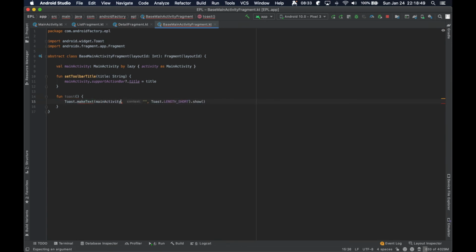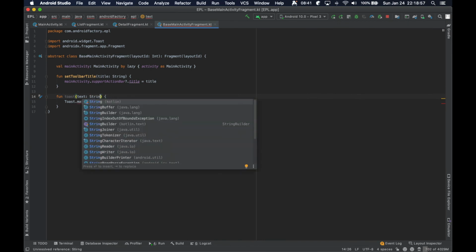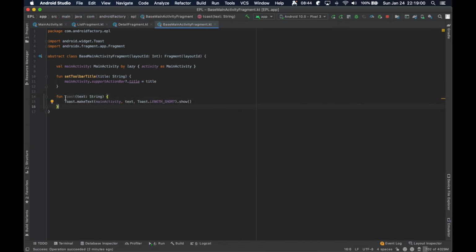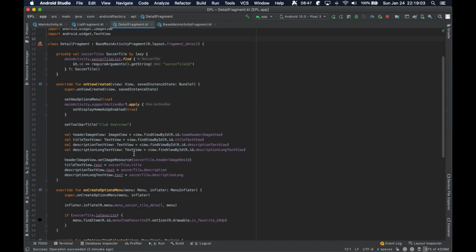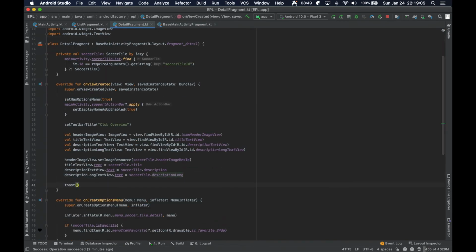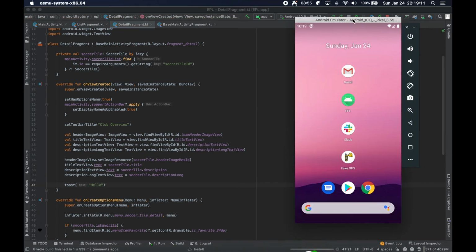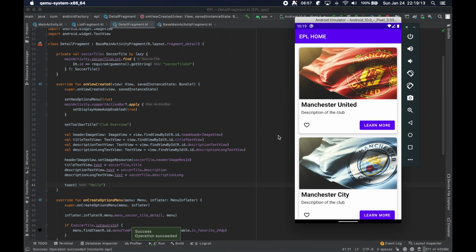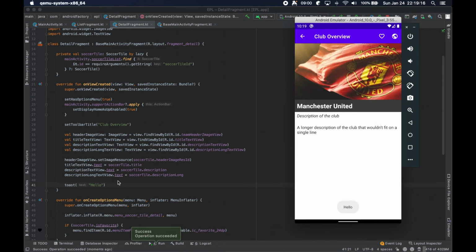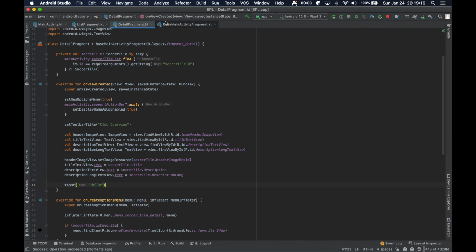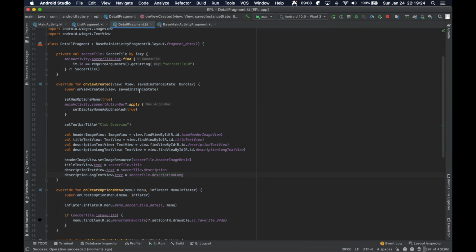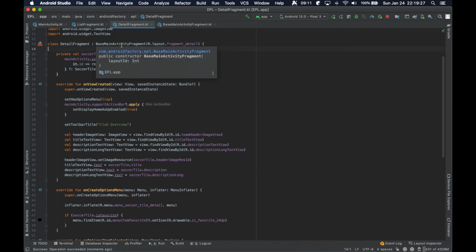and instead of having to write all of this out in every one of your fragments, if you wanted to toast something very quickly, you could toast it by literally just calling toast and saying hello, or whatever the case is. So hopefully you get the point here. I don't want to continue to beat a dead horse, but yeah, boom, there you go. It could be helpful if you want to have a central location to log things or something along those lines. But anyway, hopefully you get the idea here,